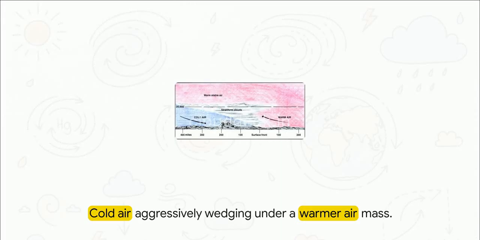When you really visualize a cold front, it's intense. Because the cold air is heavier and denser, it acts literally like a giant atmospheric snowplow. It aggressively wedges itself right underneath the warmer air mass, violently forcing that moist air upward. And that rapid, sudden vertical lift, that is exactly what creates those towering cumulonimbus clouds, the heavy driving rain and the severe turbulence that pilots spend pretty much all of their time trying to avoid.